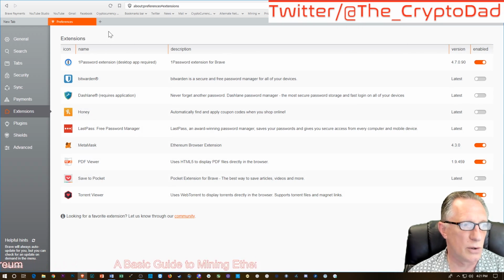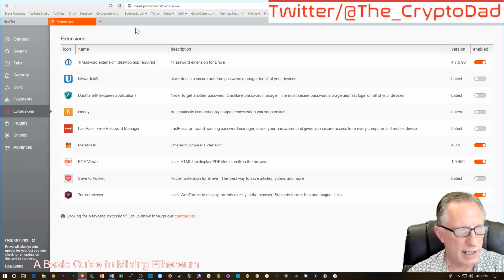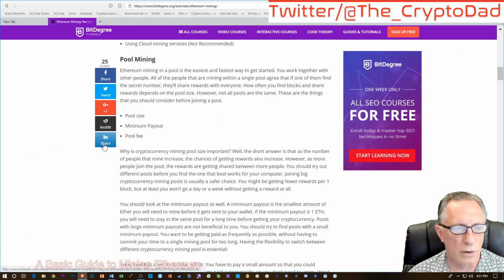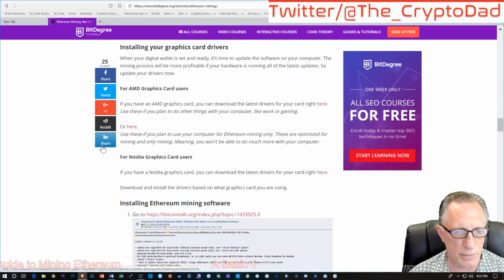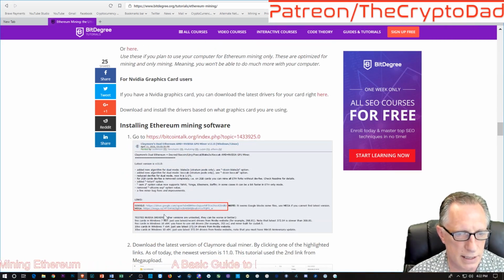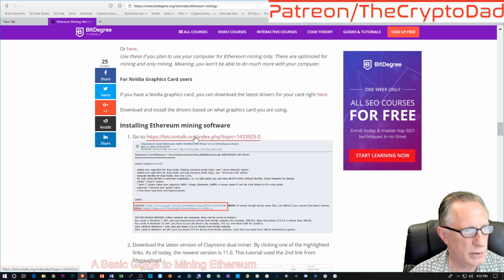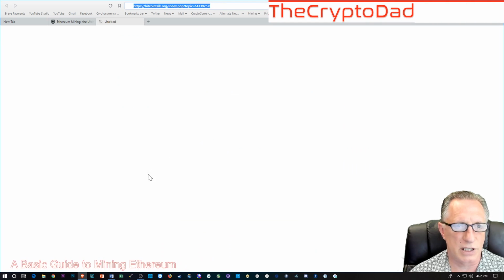All right, so Ethereum wallet, check. Graphics card, check. So let's go over and get some software. The software that we're going to use, I mentioned it before, is the Claymore dual miner, and there's a link to it here in this guide that I provided. So we'll just click this link